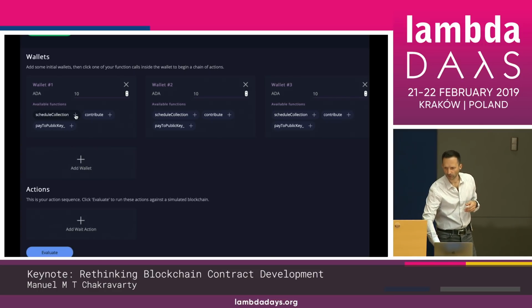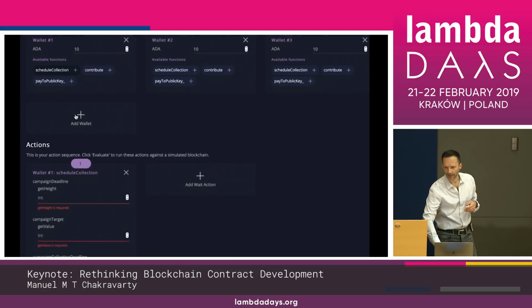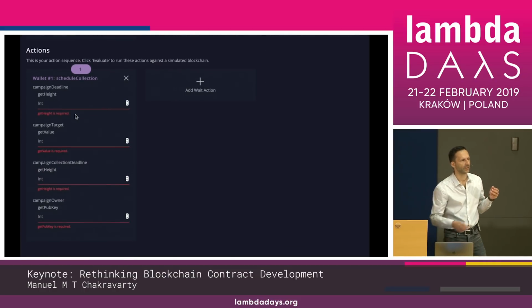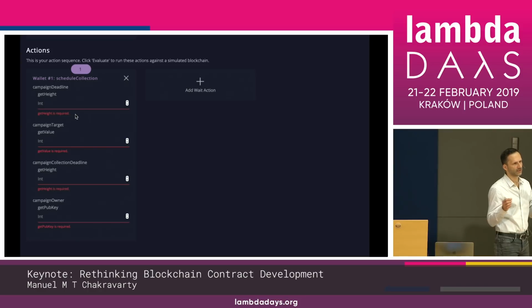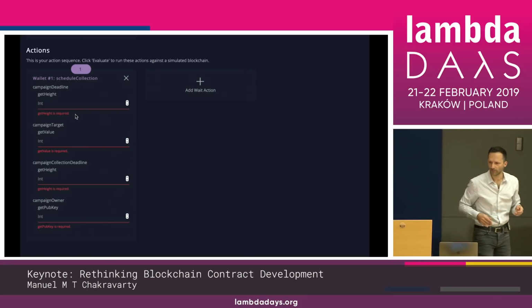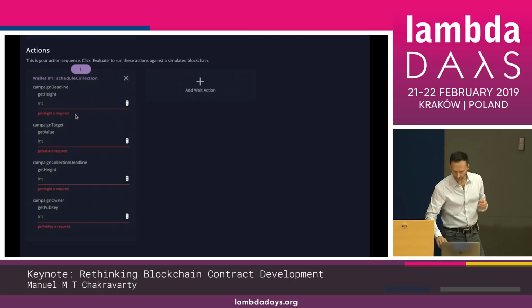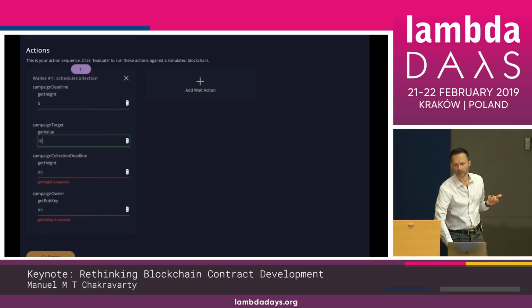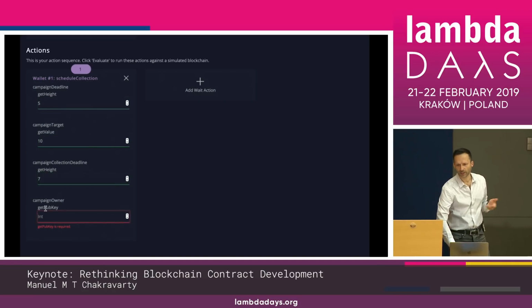And so I click on one of those, and that gives me an action. So I said we use an event-based trace. So what I'm doing here, I'm building up this trace by specifying various events or actions. Now, the first one is that as a campaign owner, I have to define a campaign. So I'm specifying how long does it run, what's the target value, what's my public key.